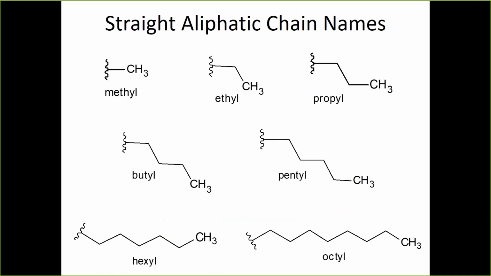Just to remind everyone also about the counting system in organic chemistry. For 1, we use the prefix methyl. For 2, we use ethyl. 3 is propyl. 4 and 5 are in the middle there, butyl and pentyl. At the bottom, you see the 6-carbon chain, which is hexyl. Then I skipped 7, because we don't see as many with 7. And then you see an 8-carbon chain, which is octyl.